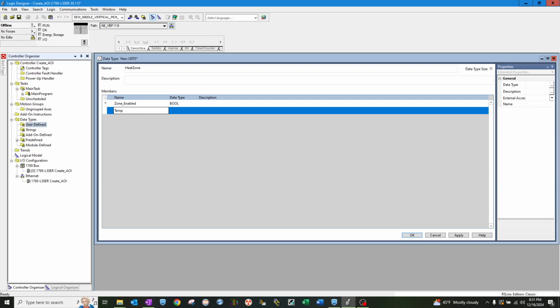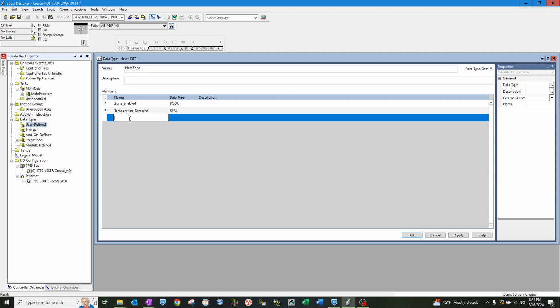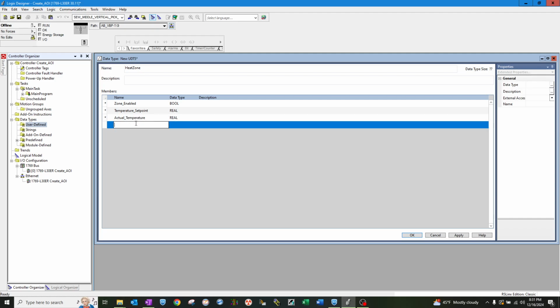We'll say temperature set point, which will eventually come from the HMI when fully implemented. And we'll say actual temperature, which will come from a thermocouple eventually. And actual temperature range. This will be an indicator, current state,